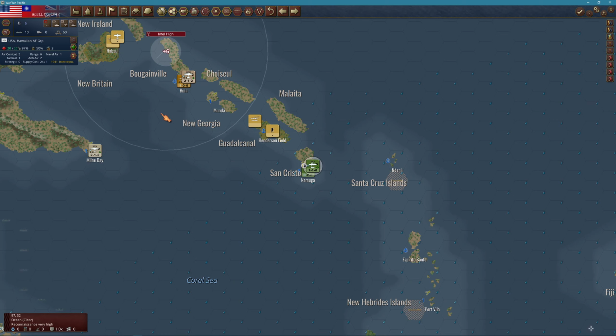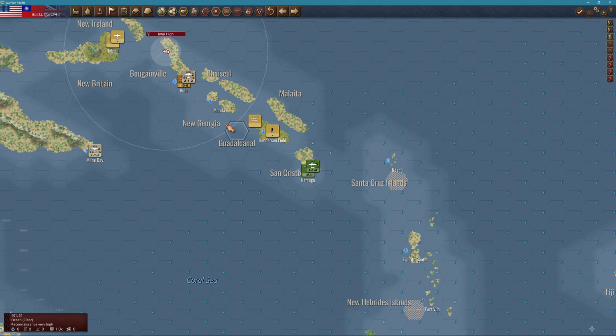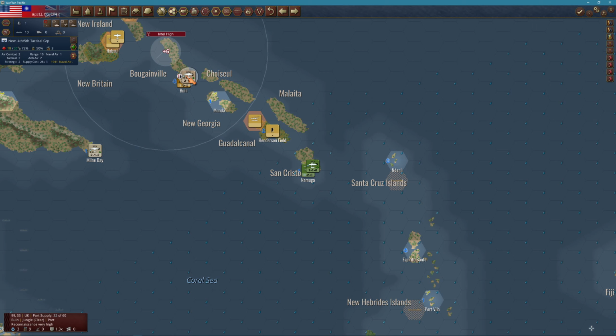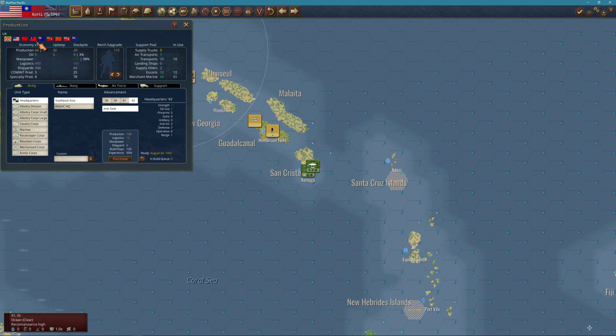But next turn now, within a range of 6, which ain't very far, it really needs to be moved. It really needs to be traded with this guy, and maybe we can do that next turn. See, New Zealand only has one oil, so this guy can't fly out. Oil is going to kill me. Well, next turn,